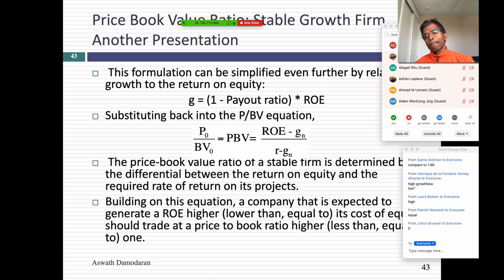But what if it's a young firm, a money-losing company? It's expected return on equity that should drive your price to book, right? It's not last year's return on equity that's driving these equations. It's expected future return on equity. So when you pick the target margin for your company, you're also picking a return on equity that goes with that target margin. So when you look at these valuation equations, there's an ROE in here, but it's not last year's ROE necessarily. It's some future ROE then. Got it. Thank you.